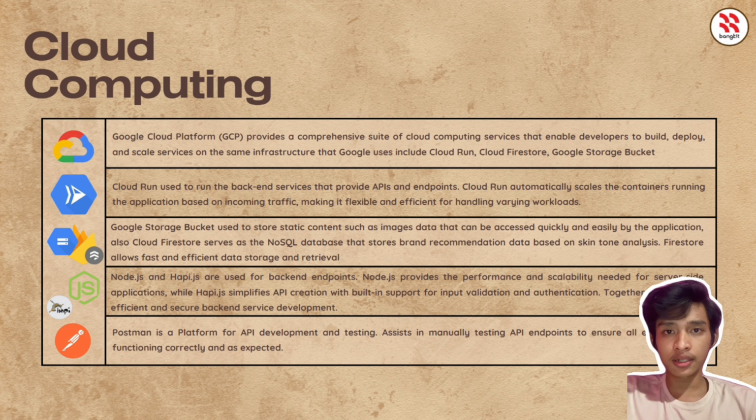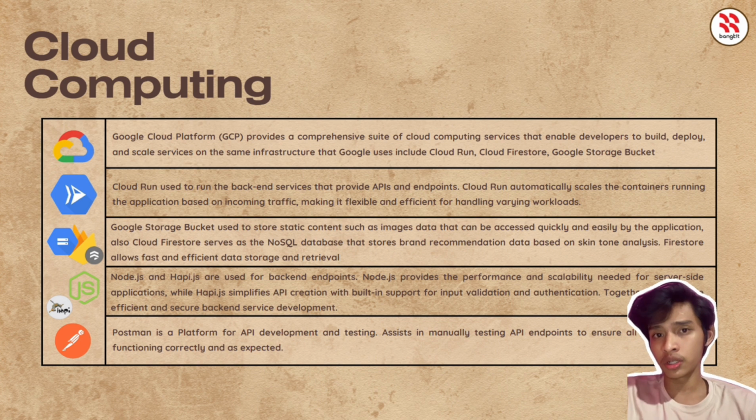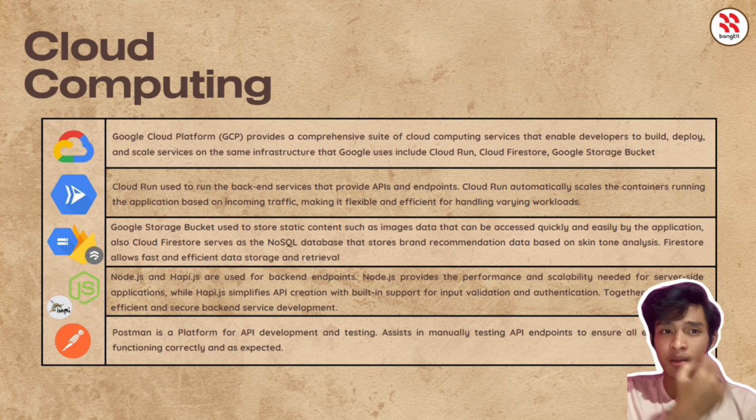So here's the detailed explanation of the resources I've mentioned before. First, Google Cloud Platform is a suite of services enabling developers to build, deploy, and scale applications on Google's infrastructure. Second, Cloud Run runs backend services providing APIs and endpoints. It auto-scales based on traffic, ensuring efficiency. Third, Google Storage Bucket stores static content like images for quick access. Then Cloud Firestore is a NoSQL database storing brand recommendation data based on skin tone analysis, allowing fast and efficient